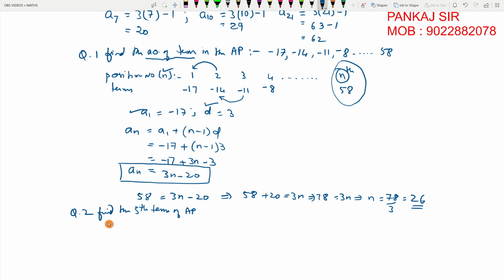Rather, it is not "find the fifth term." They have given you the fifth term. Okay, so let me change the question. It is not find the fifth term. It is the fifth term